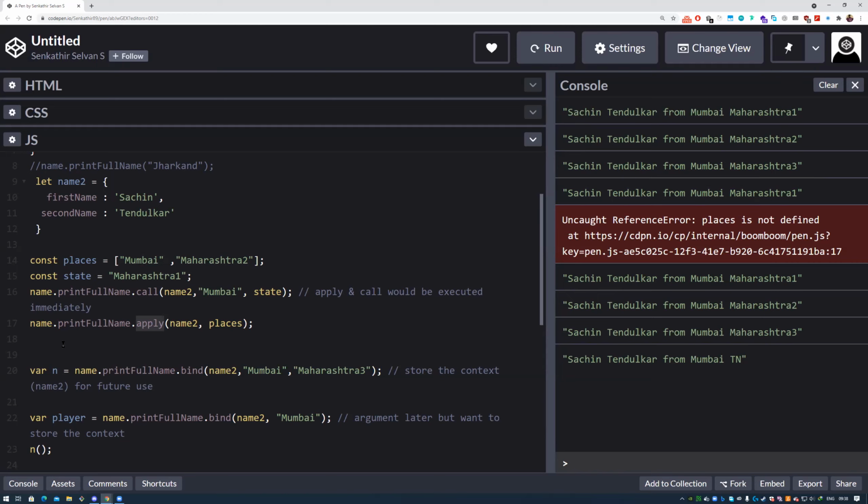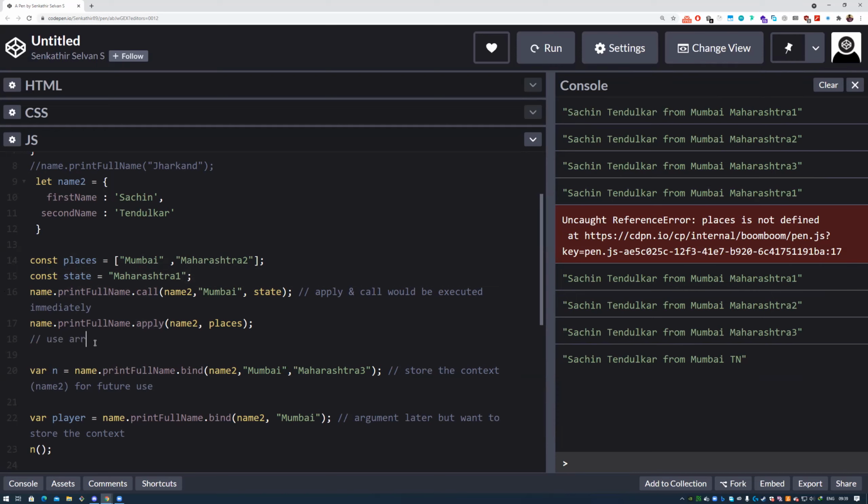Put it in the chat. The question is, if I want to use this array with call, how will I do it?